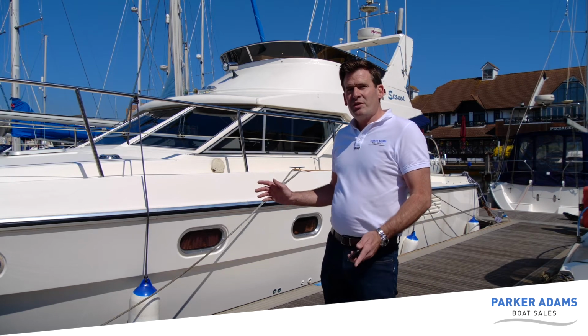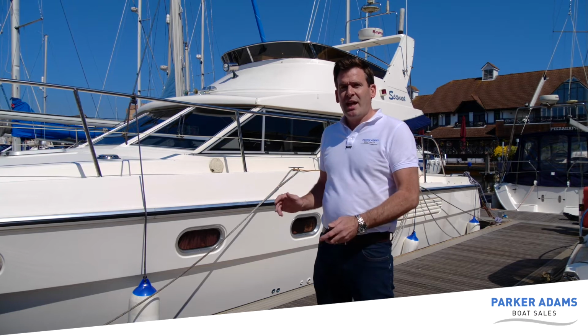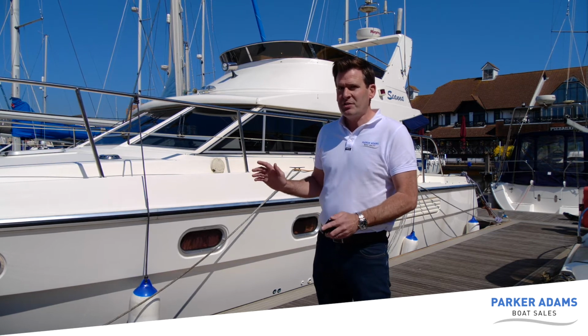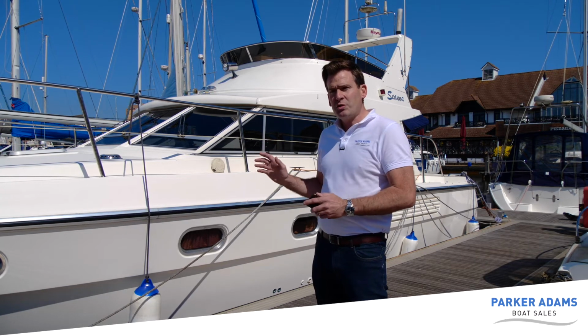Today we're going to be showing you this great boat from Colvic. It's a 39 Sunquest, and this was built in 1996, just before the Recreational Craft Directive came out in 1998, back in the day when if you had a new boat you had to get it surveyed yourself to confirm